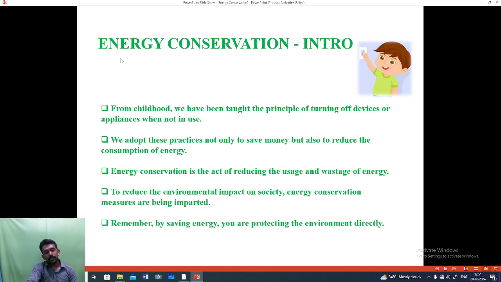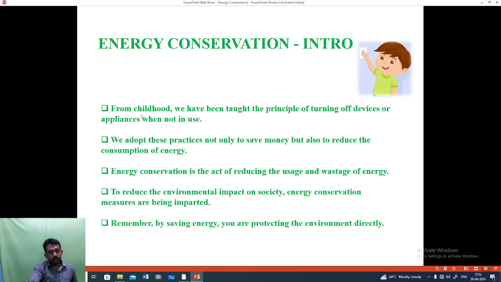However these energies are present and we are utilizing them, we have to conserve energy, because energy is one of the vital components in the present day. And coming to the excessive usage of energy from present-day resources, there is a question mark of exhaustion of energy for the future generation. There is an exhaustion. So in this case, we have to conserve energy.